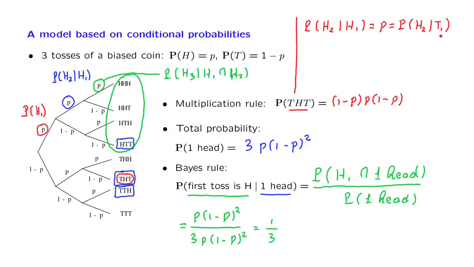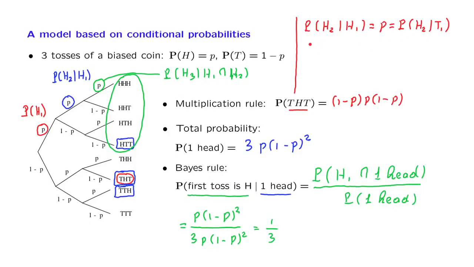In other words, our beliefs about what may happen in the second toss remain the same. There's a probability p of obtaining heads, no matter what happens in the first toss. Telling you the result of the first toss doesn't change your beliefs about what may happen and with what probability